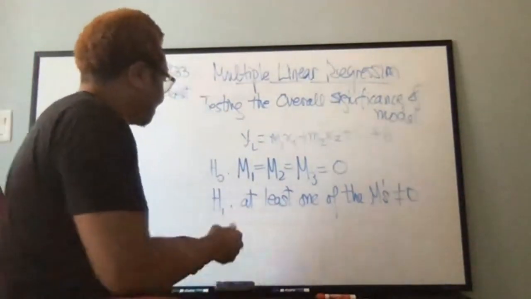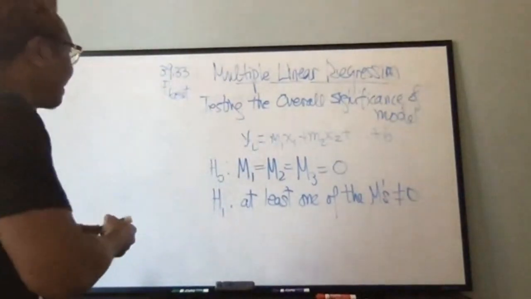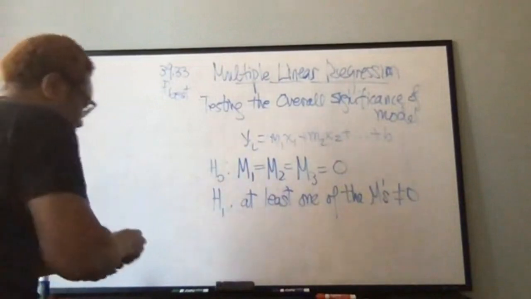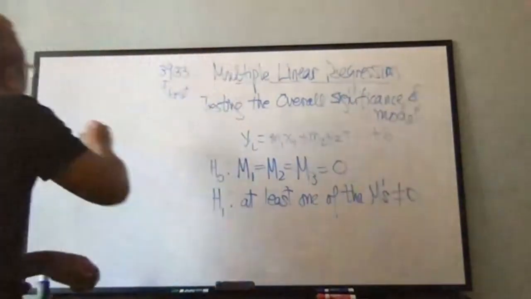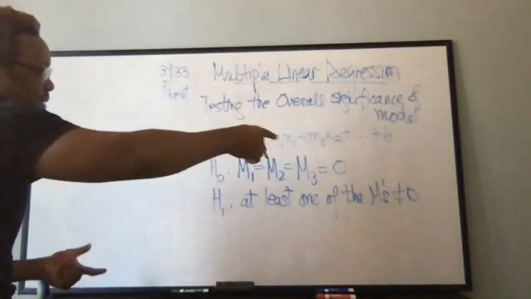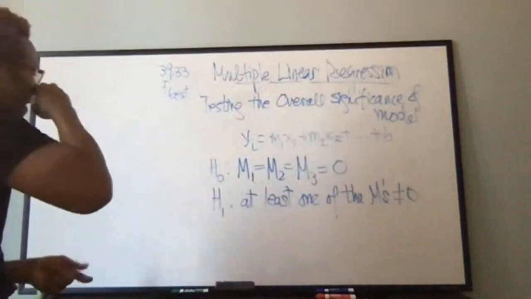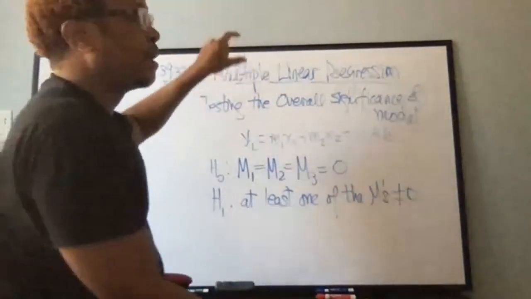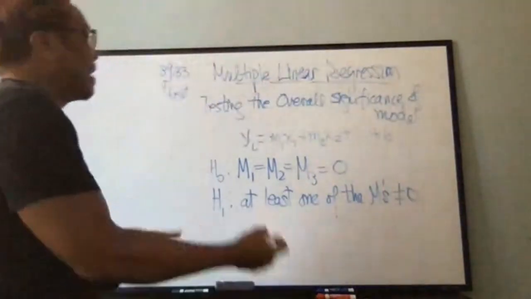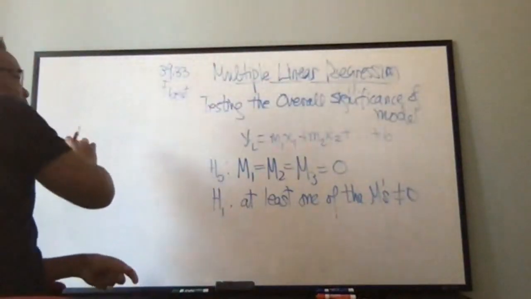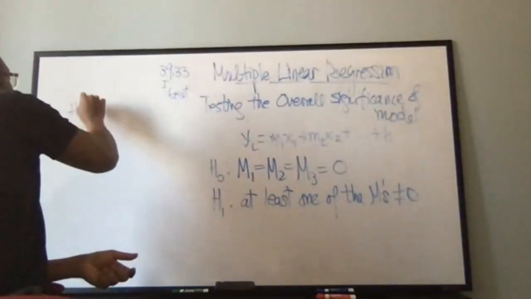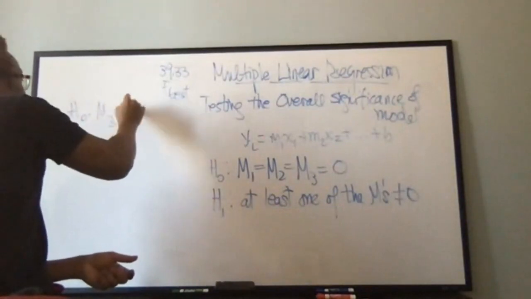Look at your exam, if you have it. Let's say, I'm just going to make this up, I ask you about the third one, which may be like total pounds recycled or something like that. Just make sure on the exam, I'll always tell you what X1 is, X2 is, X3 is. So let's say I ask you about X3, and I say, well, does that one have a significant impact? Then that becomes, if I ask you about M3,